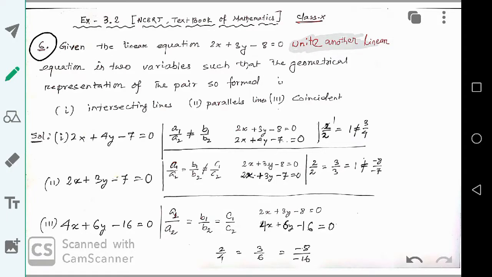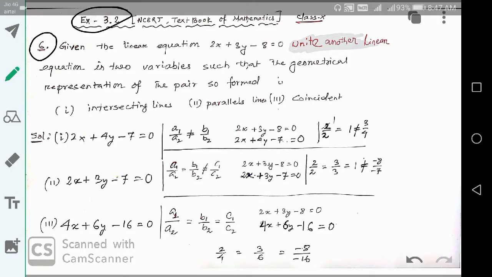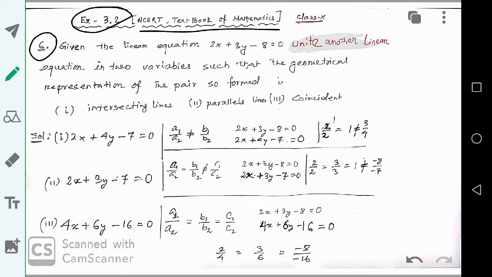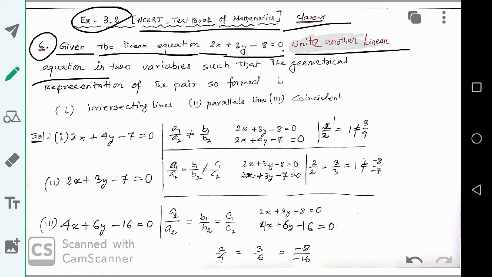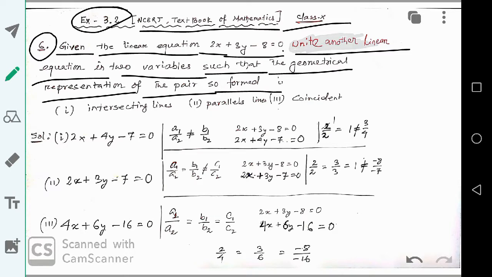This is question number 6 of exercise 3.2 of the NCERT textbook of mathematics, class 10. The question is: given the linear equation 2x + 3y - 8 = 0, write another linear equation in two variables such that the geometrical representation of the pair so formed is intersecting lines,